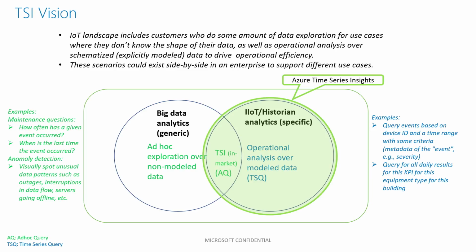That's the second thing. The third big pillar of all this is customers want to be able to do computations or calculations as data is streaming in so that they can convert Celsius to Fahrenheit. They want to be able to do maybe complex math to do aggregations over that. Customers bring in their custom code or use cloud services to do this as well. That's another big pillar where you want the ability to either do scheduled calculations or calculations over streaming data. Those are three big pillars we've heard time and time again from customers doing industrial IoT analytics.